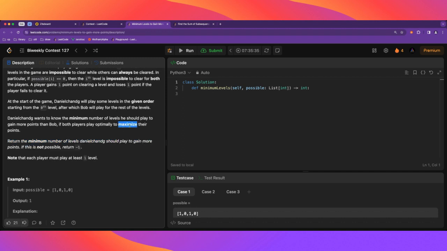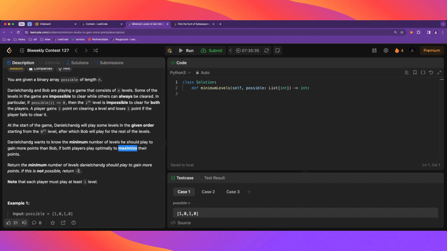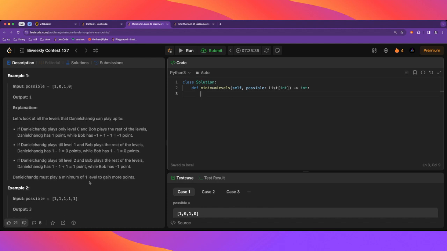Yeah, here they maximize their points. Yes, I guess this only means that when a level is possible, they will clear it, so they would gain a point, and when it is impossible, they won't. And if it's not possible, we return -1. So this is just a classic prefix and suffix